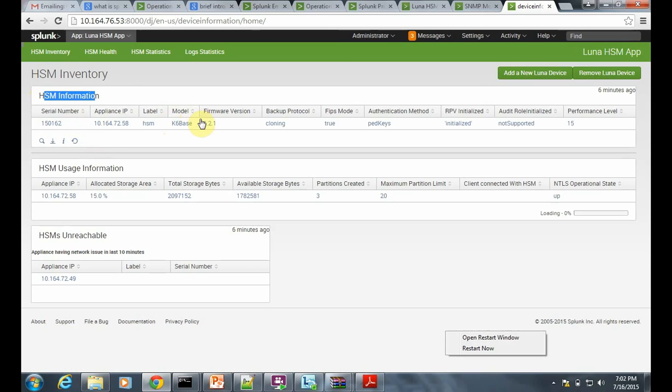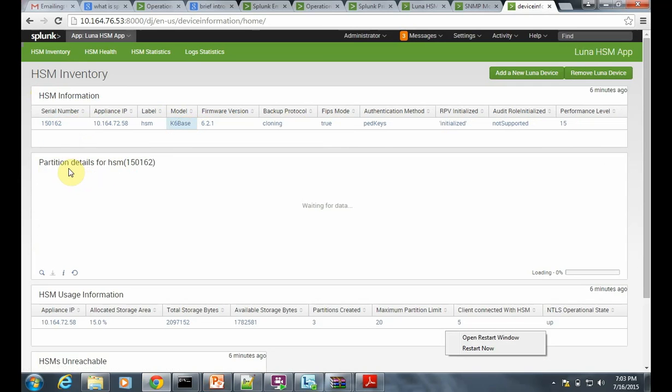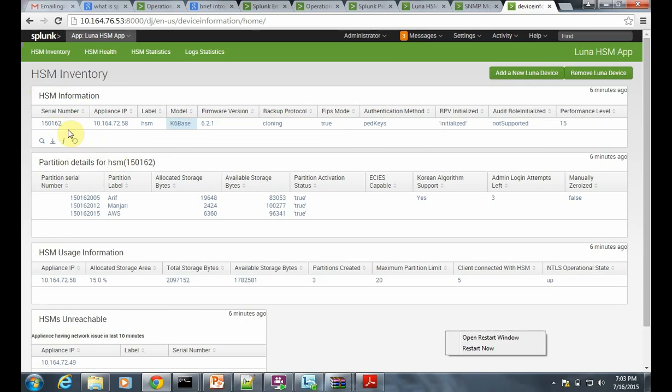If we click on any of the fields inside the first appliances, we will get the information regarding partitions of that specific appliance. Right now we are getting information for the serial number 150162. Here we have the partition details of this appliance, that is its partition serial number, partition labels, allocated storage bytes,